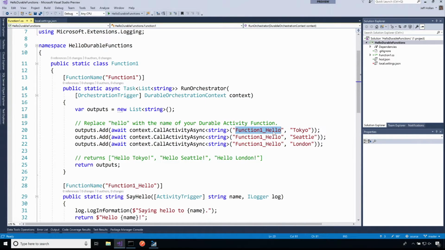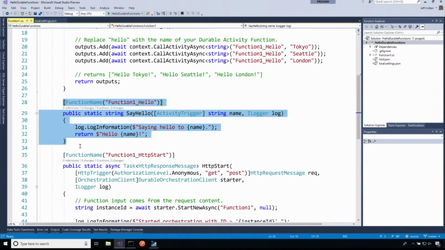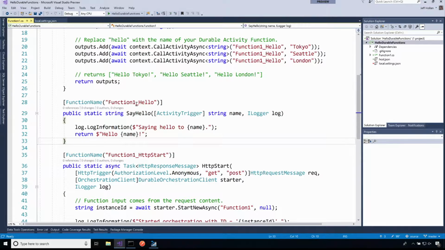It's going to call Function1_Hello and pass in Tokyo, Function1_Hello and pass in Seattle, Function1_Hello and pass in London, and it's going to add each of those outputs to the list, and then it's eventually going to return that whole list. And you can see here from the comment, we expect when it's done, it's going to have hello Tokyo, hello Seattle, hello London. Now the last piece, what is Function1_Hello? Well, that's our third Azure function right here. Okay? So this is Function1_Hello.